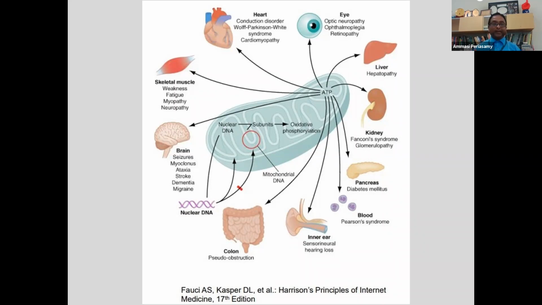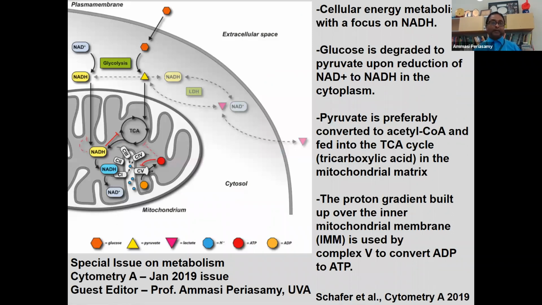As you know, the cells have the mitochondria. Most of the cells in our system, you see the mitochondria, where the mitochondria is the energy source of the cell survival, and it converts the ADP to ATP. You can see clearly it goes to all over our body organs. Only the blood cell doesn't have the mitochondria, but all other cells have the mitochondria, which we are investigating. There are a number of works going on in metabolism. So here I am mainly focusing on NADH